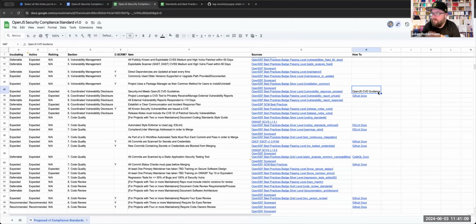That guidance and reference back to OpenJS guidance whenever reasonably feasible. And if not OpenJS guidance, then other places. But not every single item here has a reference to documentation yet. That's not for a lack of documentation, but more for a lack of wanting to find the right documentation for the item that sends the right message. And in some cases, not being super happy with what I found and going like, okay,